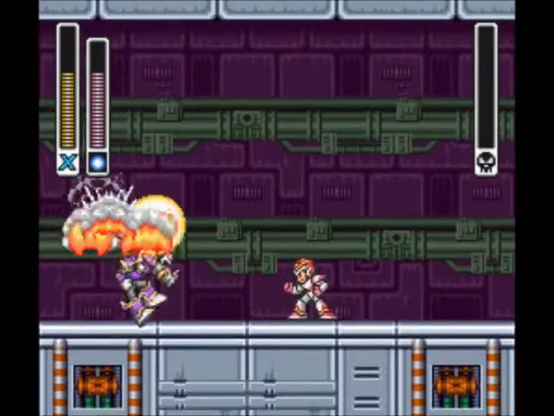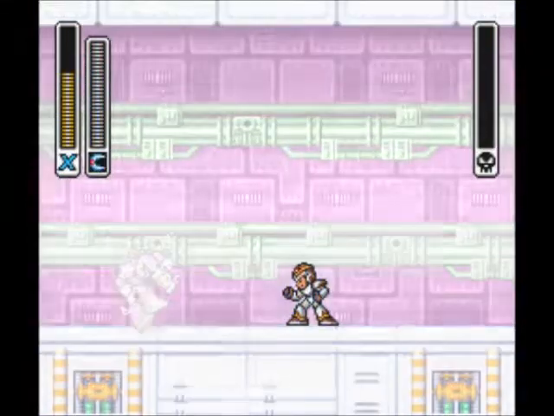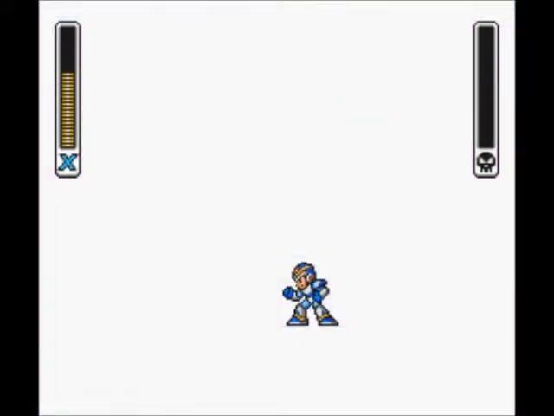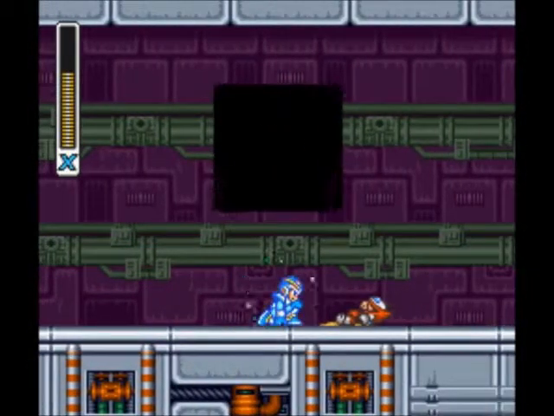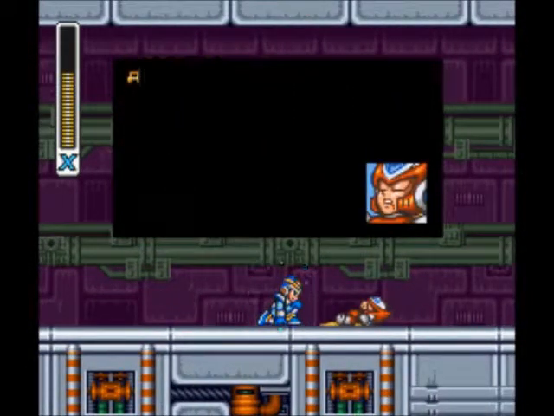I completely forgot about it, actually. But yeah, use Rolling Shield. It's awesome. Besides, we want to save our Shotgun Ice for another part. Zero,